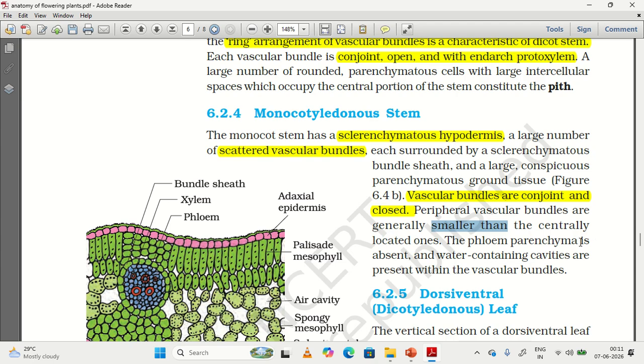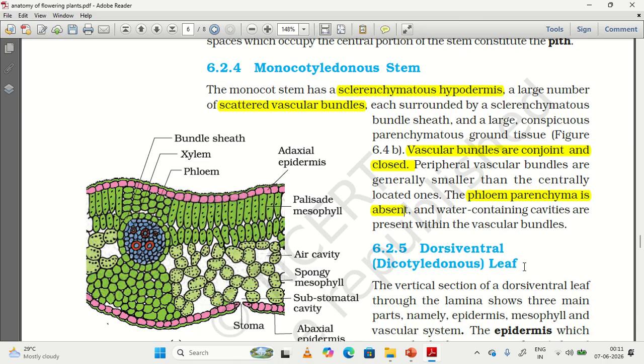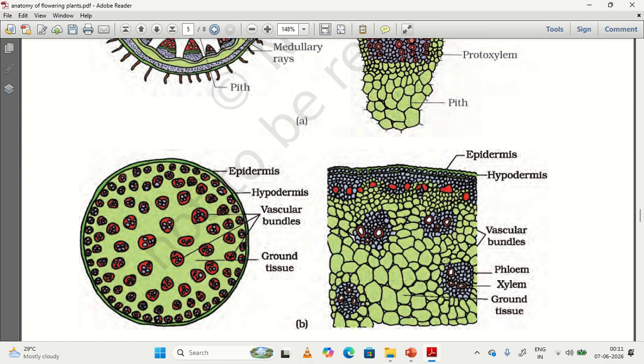Phloem parenchyma is absent. And water containing cavities are present within the vascular bundles. Okay, just have a look at the